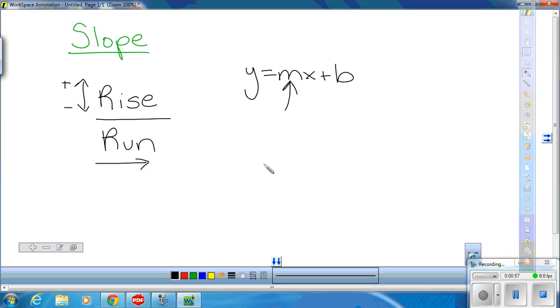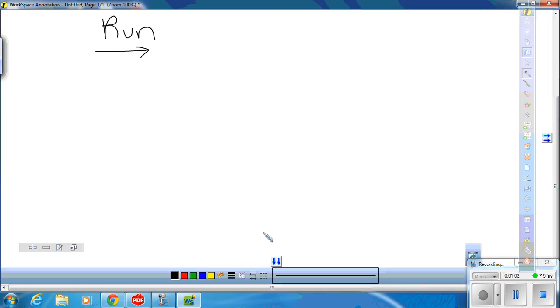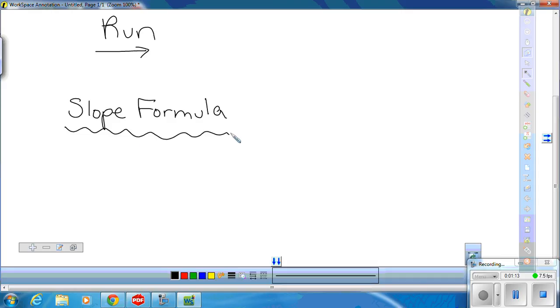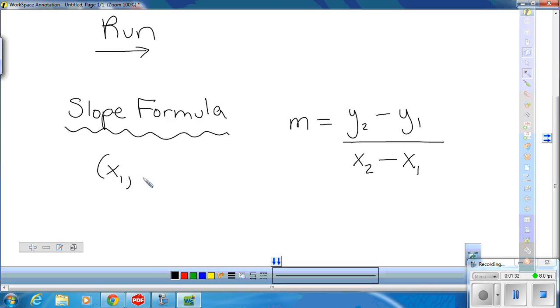But sometimes we just have 2 points, and we want to be able to find the slope. And so I did want to go back and review the slope formula. All right, so the slope formula. If you have 2 points, you can find slope by using this formula, and you may have seen it before. M is the slope, and it is equal to y2 minus y1 over x2 minus x1, and that's if we have 2 points, x1, y1,